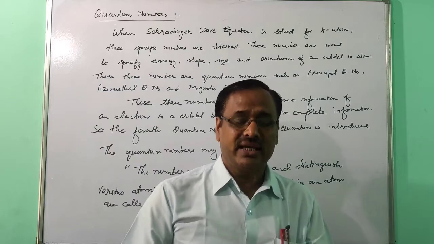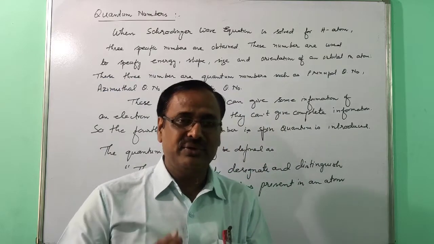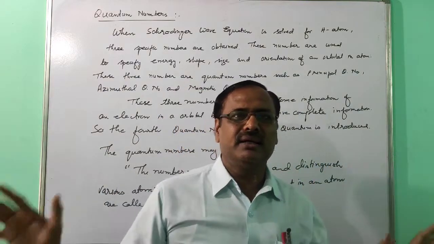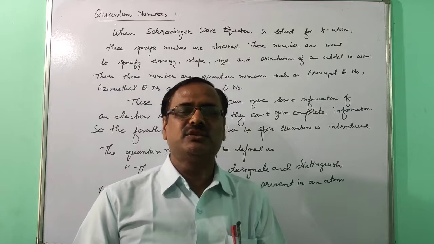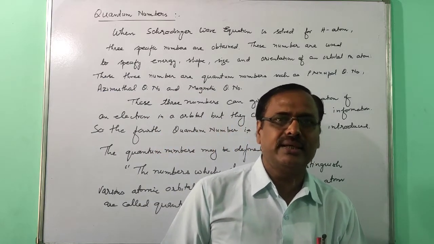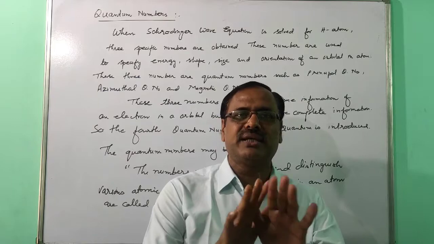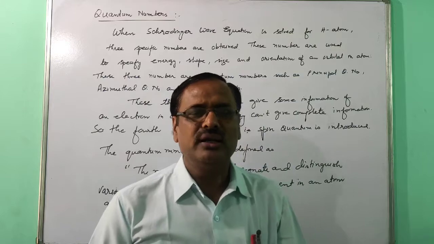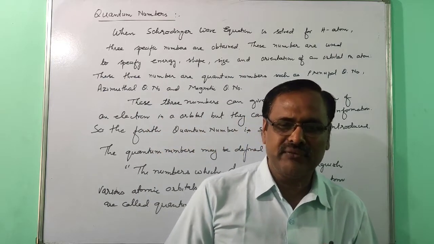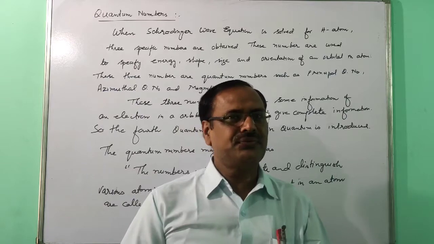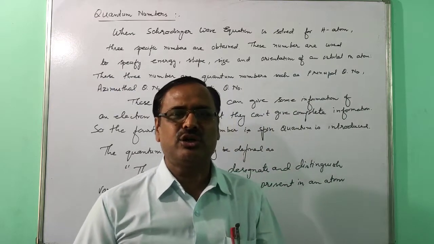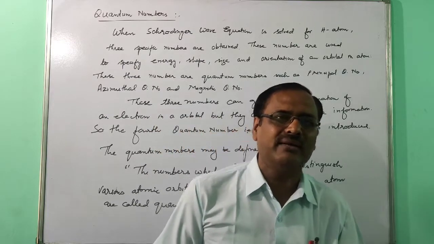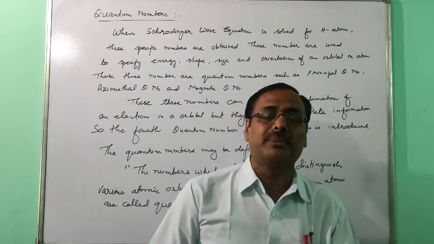It means in which energy shell, in which subshell, orbital, what is the motion of the electron, whether the electron is moving clockwise or anti-clockwise. All the information we can get from the quantum numbers. So first of all, you have studied the Schrodinger wave equation. In the previous video we studied the solution of the Schrodinger wave equation, eigenvalue, eigenfunction, psi square, and in that, quantum numbers are also given.